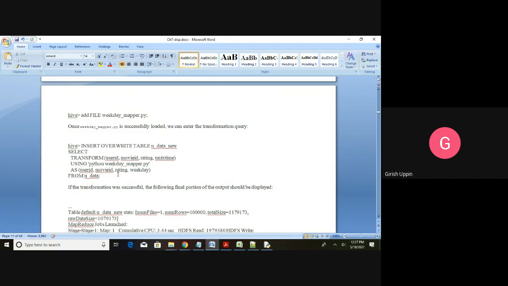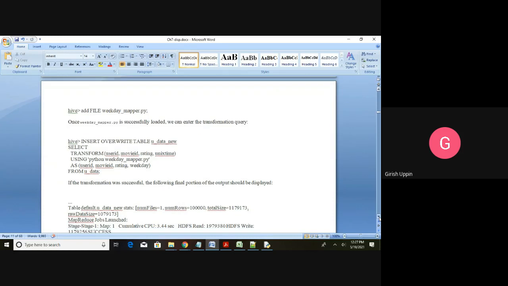So it will get this data from u underscore data. This is the original table where we have the Unix time. It is going to get that and give it to the mapper for the transformation, and the transformed data will be stored in this new table u underscore data underscore new.